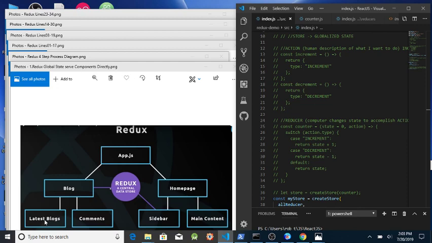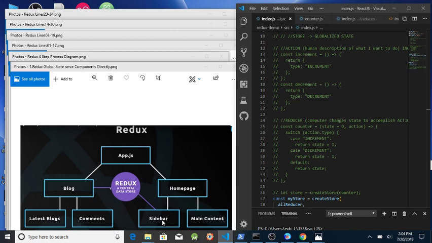Normally, to update it, you'd have state in this component and pass it as props to this child component. But similarly, you would need to set up state in this homepage component and pass it as props to this sidebar. The problem with that is you've got a lot of the same data